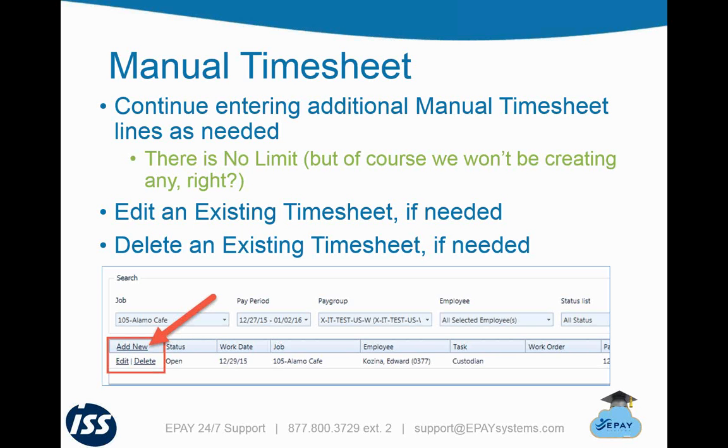So at this point, we've done one line, and I'll demo this here momentarily in the live system. But you can continue to enter additional Manual Timesheet lines as needed. There is no limit to the number you can add. Like I put there with that little question mark, please, but of course, we aren't going to be creating any unnecessary lines. Correct. So essentially,